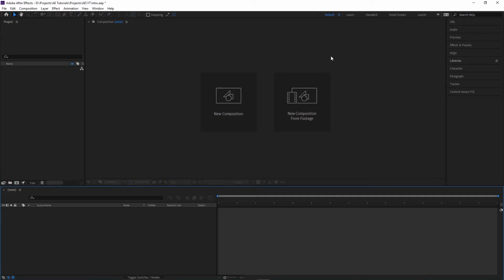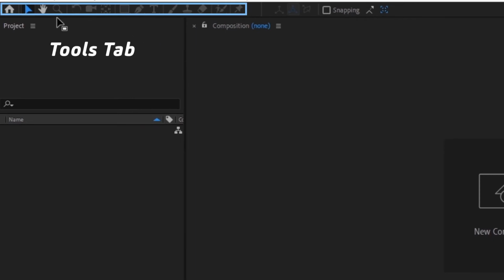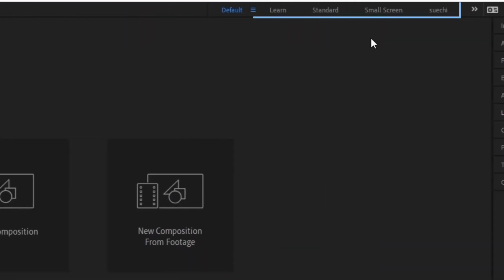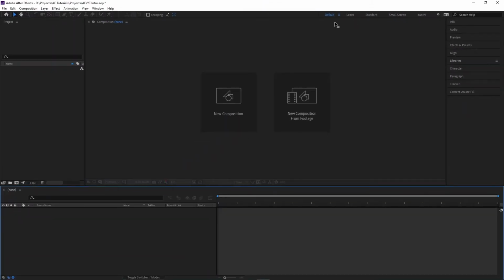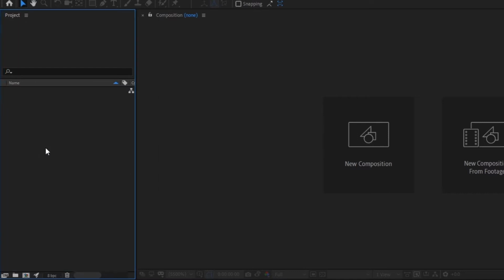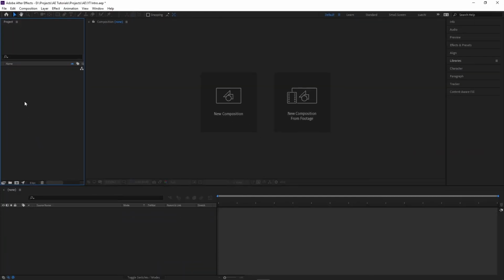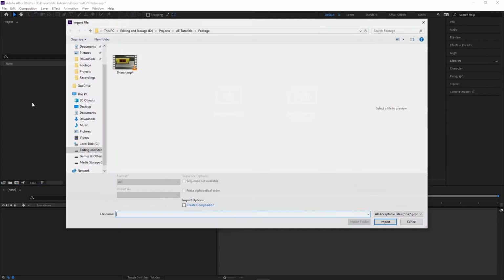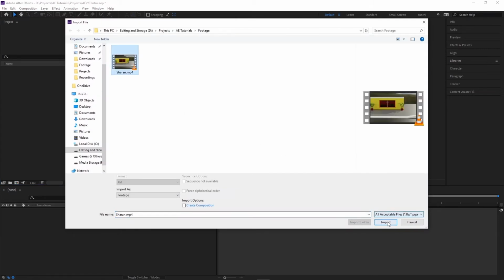So this is what you'll be seeing when you launch After Effects. On the top left you have the Tools tab. On the right side you have Workspaces, and here you have the project panel. This is the panel where you import your media files. So you just double click and go to the folder. We have the media file, and then just click on import,